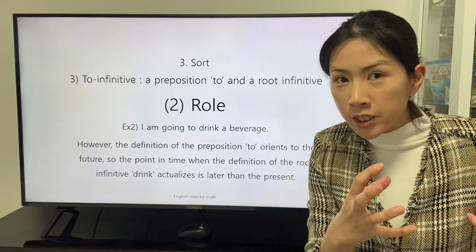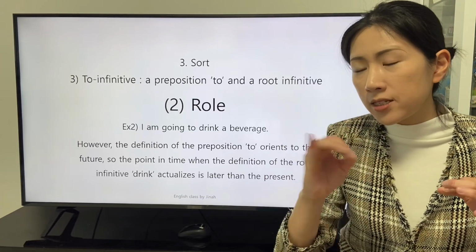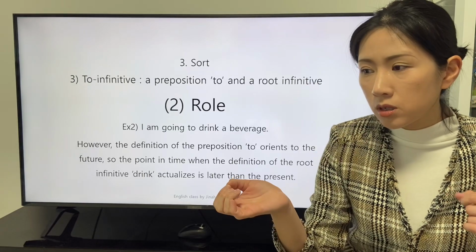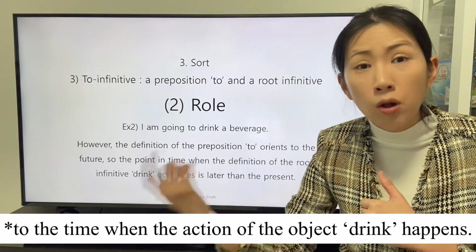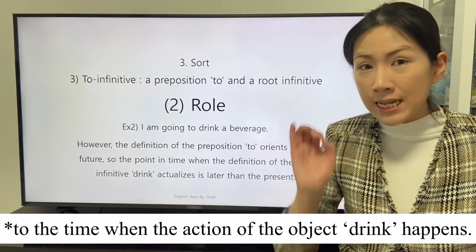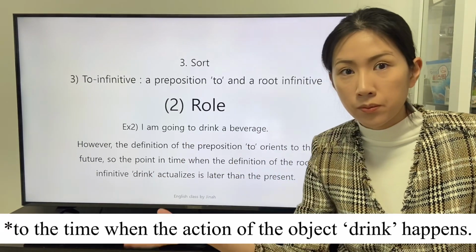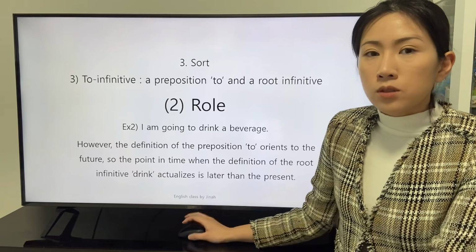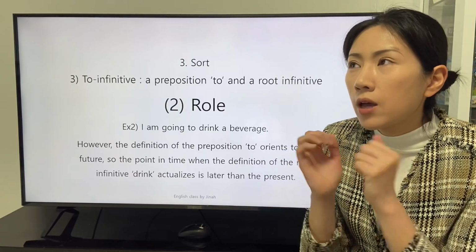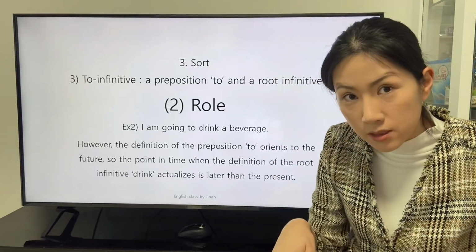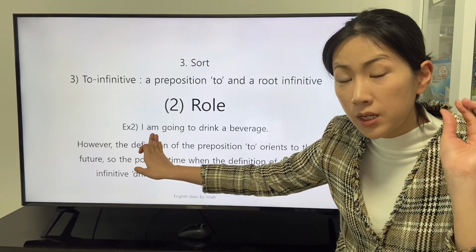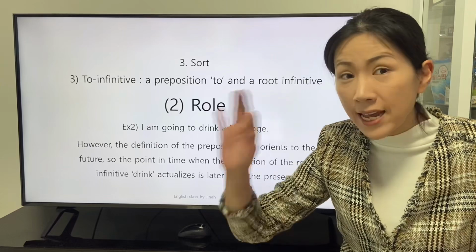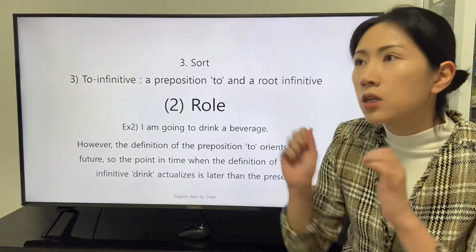The definition to indicate a purpose is not related. So the speaker has the purpose at the present. This is described by the be-verb am to signify the tense of this clause. But the